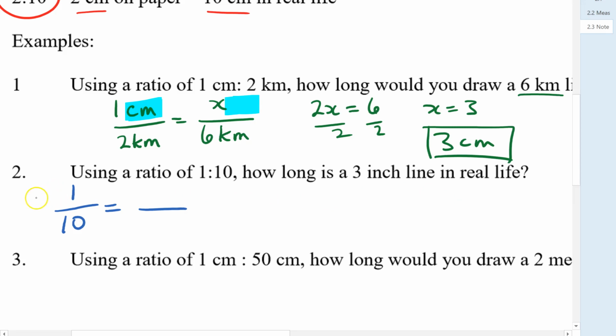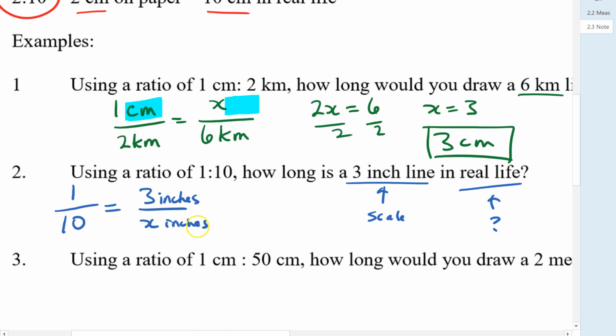Okay, so the top is for my scale, and the bottom is in real life. How long is a 3-inch line in real life? I think what they mean to say, this is a little bit unclear, is if the 3-inch line shows up on the scale diagram, how much is it in real life? In which case we would put 3 inches up here,